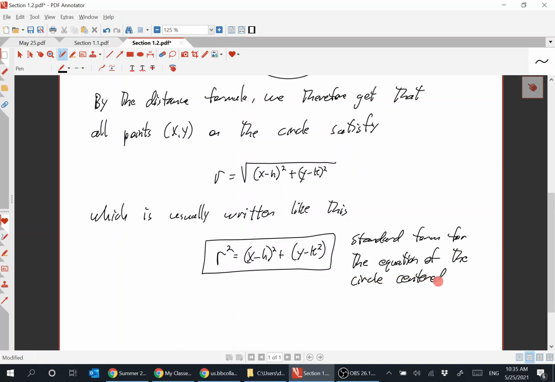Centered at (h, k) with radius r. So r squared equals (x minus h) squared plus (y minus k) squared. That's the standard form. So, for example,